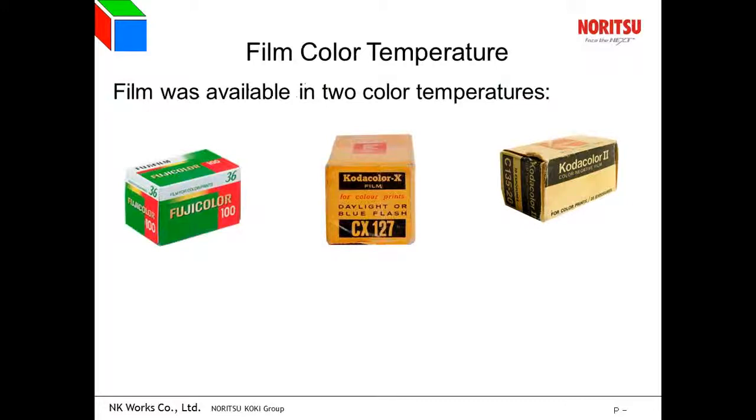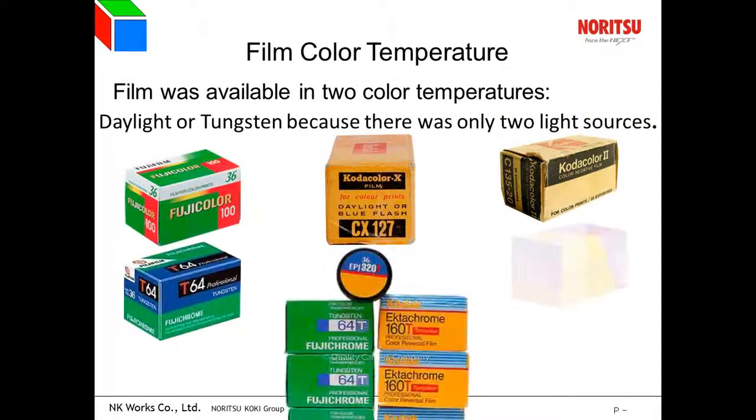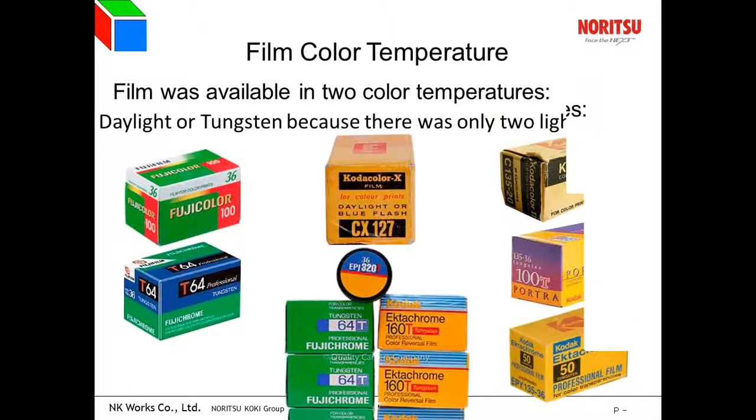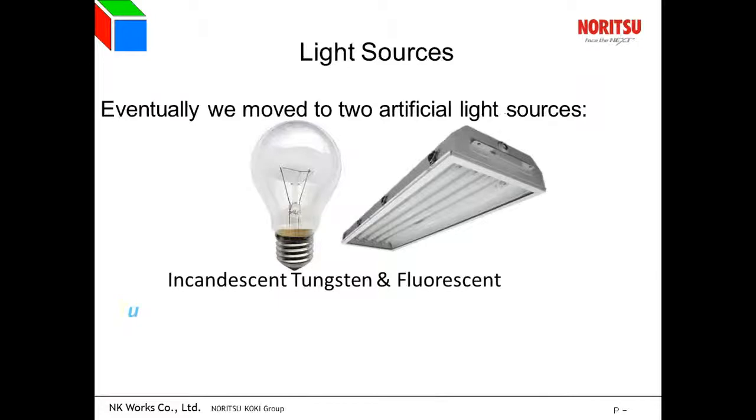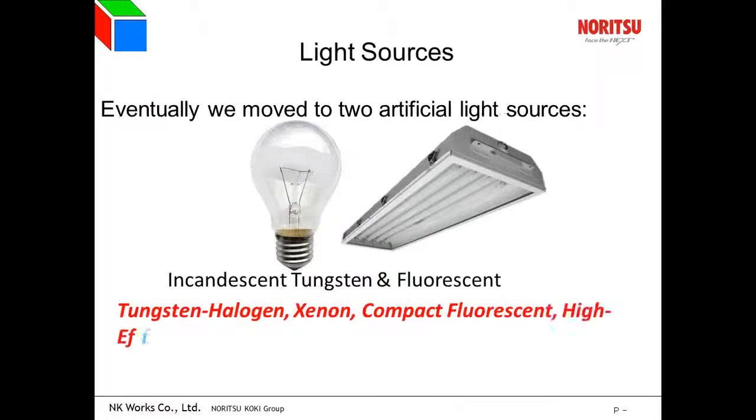We had indoor and outdoor film. And that was mainly because we had tungsten or daylight lighting. There was only two types of lighting on the market. But over time, we got tungsten lighting, we got fluorescent lighting, and then we got a whole bunch more of